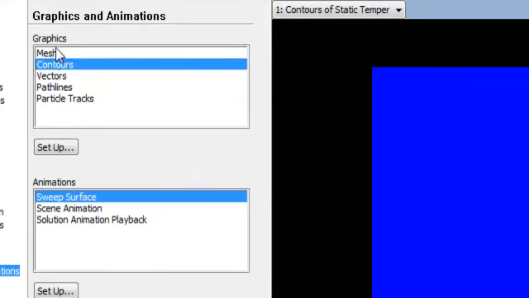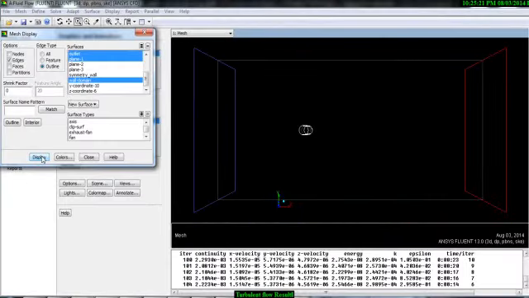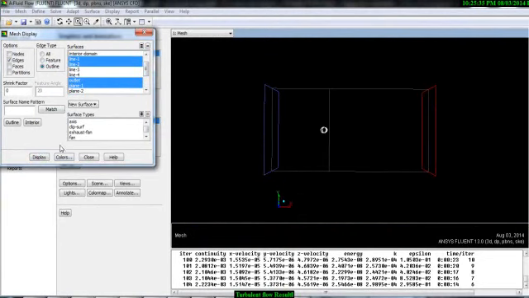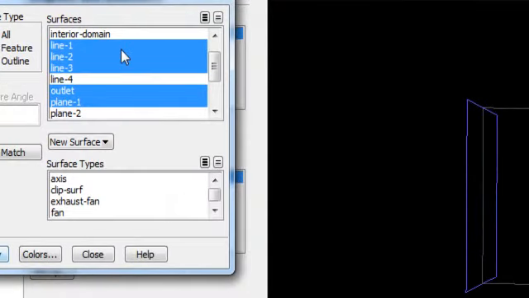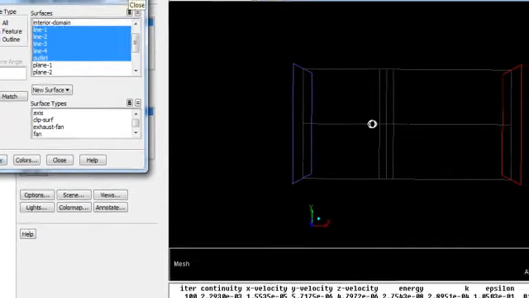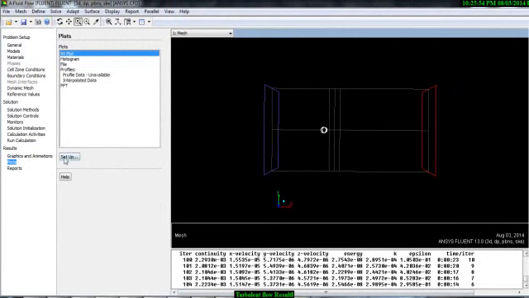So if you are not sure at which line we want to see, you can always go back here and you will see which line. Select line 1, this is at the downstream, first D, line 2 and line 3. And this is line 4. We want the velocity, temperature and pressure at lines 1, 2 and 3. So go to plot, XY plot,